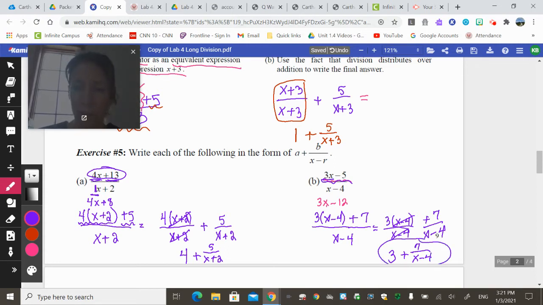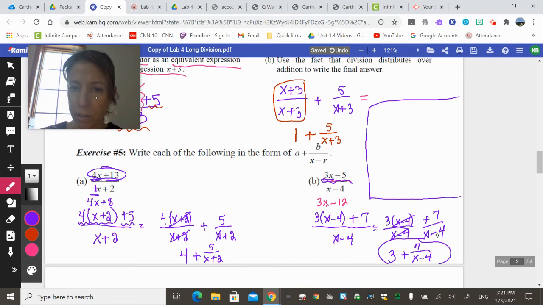Okay, now I just want to demonstrate, and I'm going to do that right here, that you can still do this using long division. So if I want to divide 3x minus 5, and this is kind of a review of what we were doing before Christmas break,